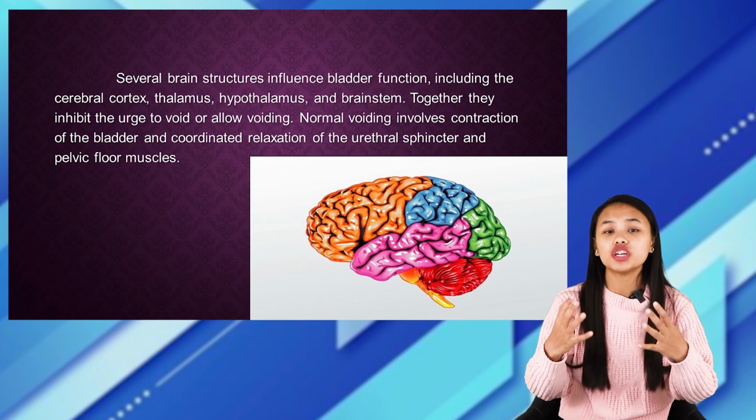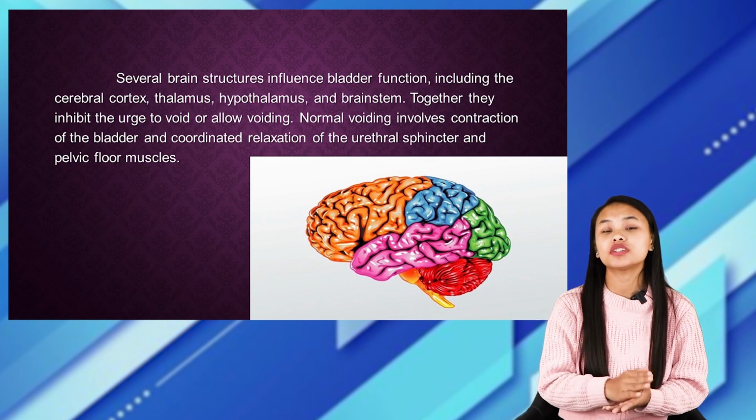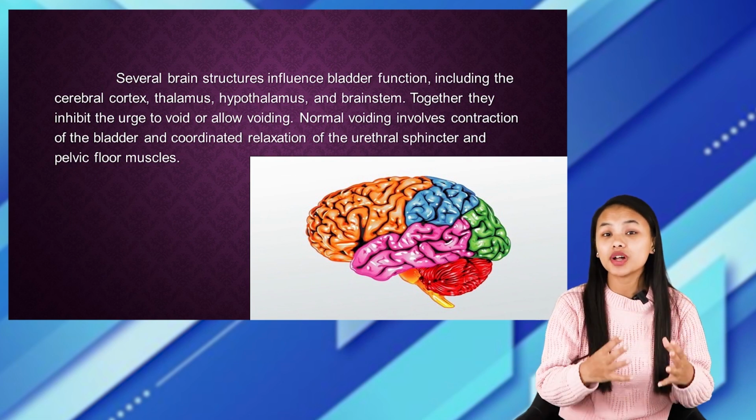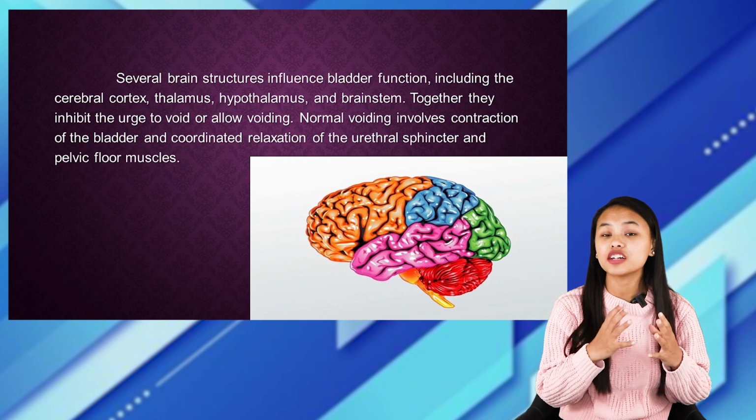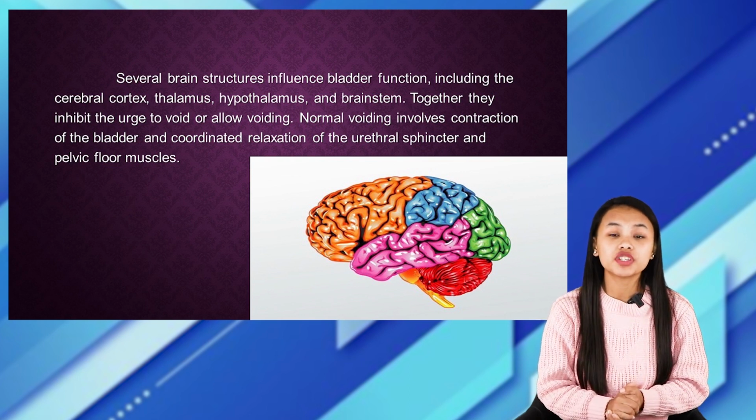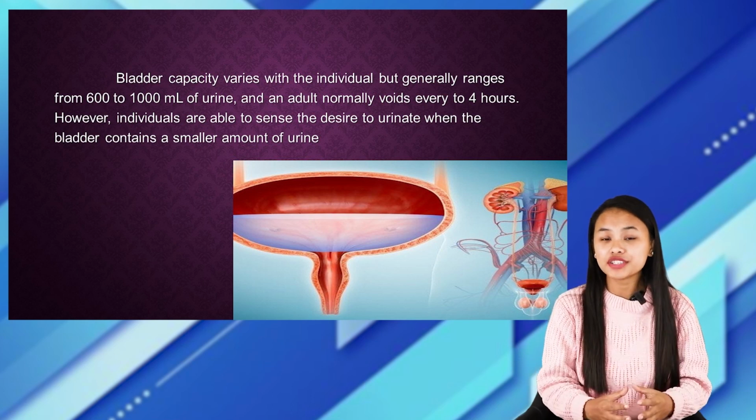So for urination to take place normally, it is very important that there is a good coordination between the contraction of the bladder and the relaxation of the urethral sphincters and the pelvic floor muscle. And it is very important for us to remember that the bladder capacity will differ from one person to another,